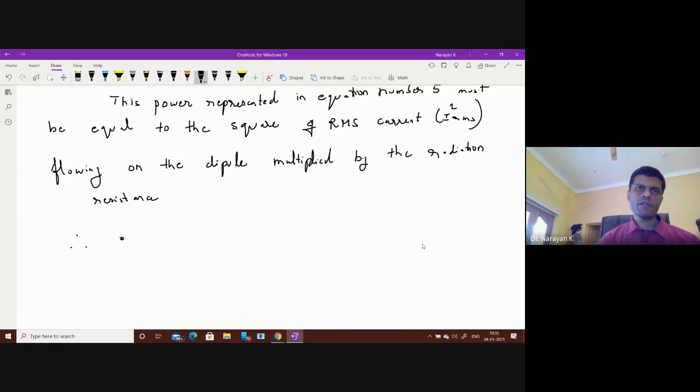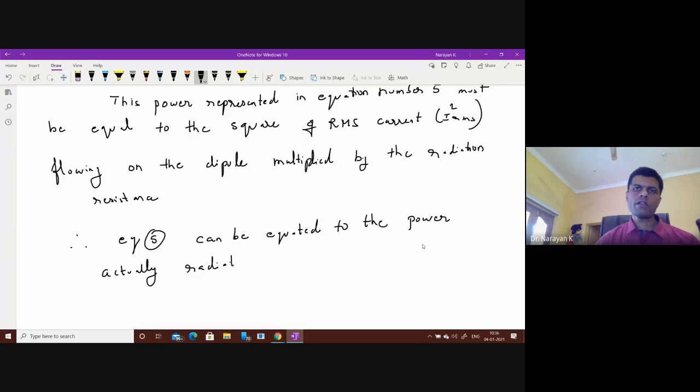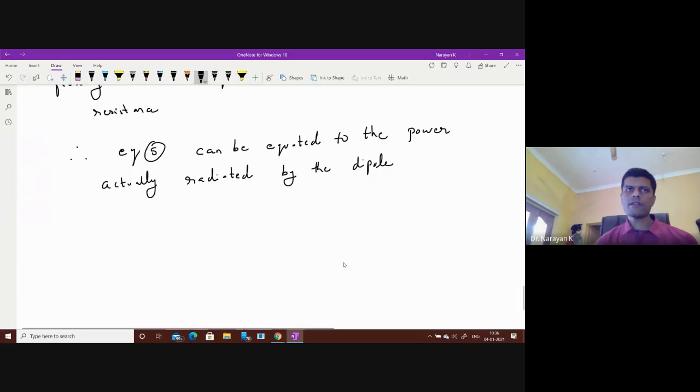Therefore, equation 5 can be equated to the power actually radiated by the dipole. Okay, so your equation 5 is nothing